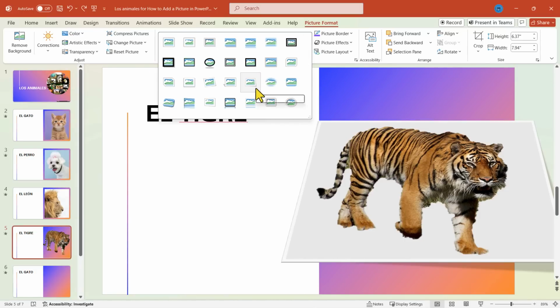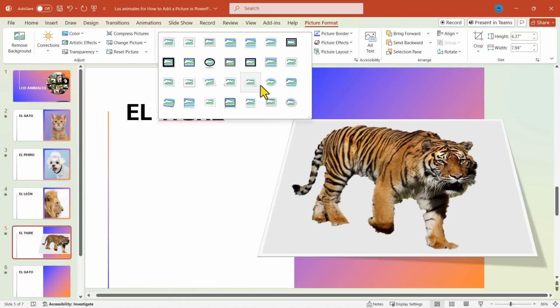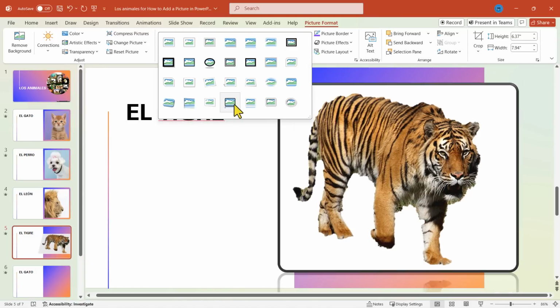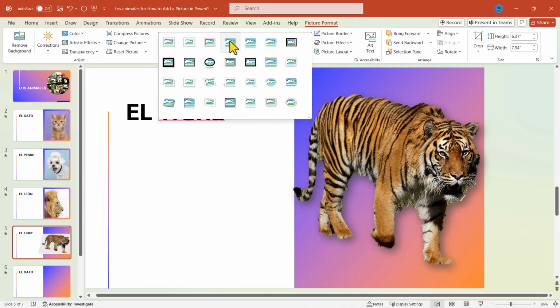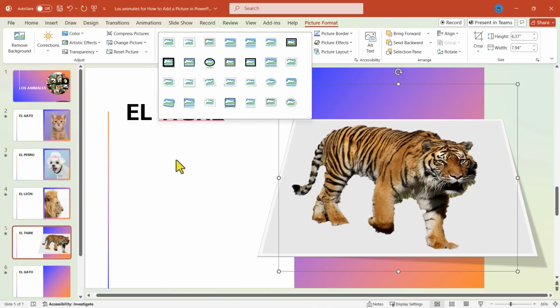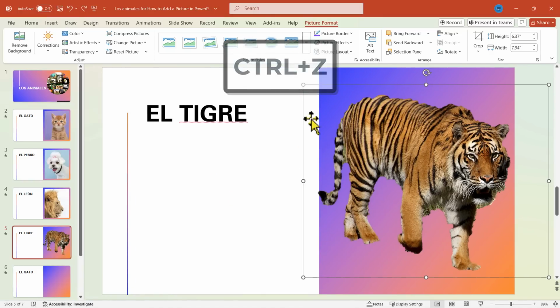Basically, you can put a frame around any image that you've inserted into your slideshow, and there are some other effects. Some of them are kind of 3D effects, but in most cases, you're adding a frame around the image. I don't think it needs that in this case, so I'm going to hold Control, tap Z to undo it. Another